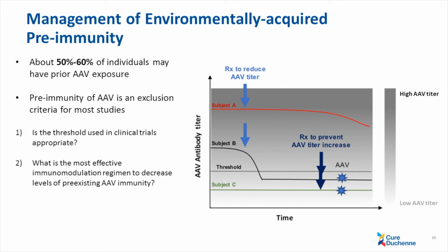But we've done some studies to show that it actually is possible to lower the pre-existing titer and increase the percent of patients who will be eligible. And this is a question that any patients and families have. If you can go on to the next slide. And so, yes, what level excludes patients from treatment? So if you keep going,